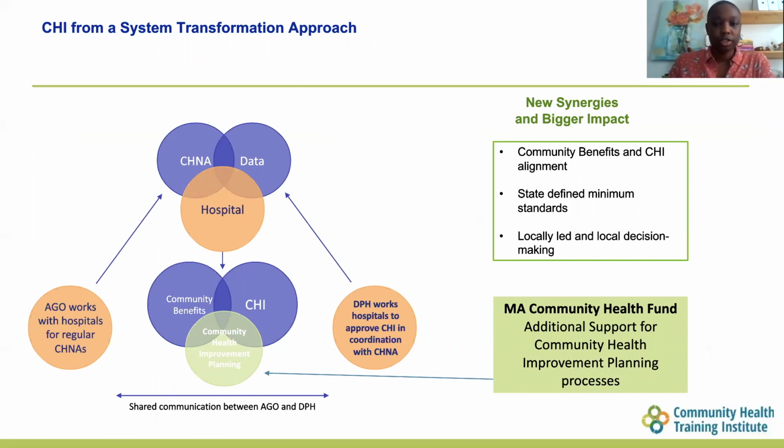To provide additional context to what we heard Jenica discuss earlier, we can leverage shifts in healthcare, new hospital requirements, and DON applications to improve community health initiatives across the state. This alignment across the health systems provides additional support and funding to Mass community health funds, and specifically the community health improvement planning process.